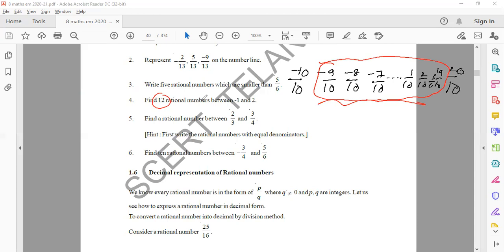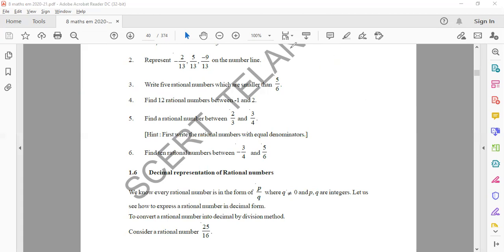Clear. First of all, how do you know, sir, the 10? I'll tell you one more logic to understand more clearly. First you write minus 1 by 1 and 2 by 1. Whenever you write, the denominator must be the same. So first you multiply with 2 on both sides. Then what is here? Minus 2 by 2 and 4 by 2. So what is the possibility here? Minus 1 after 0 by 2, 1 by 2, 2 by 2, 3 by 2. Only three numbers you got.